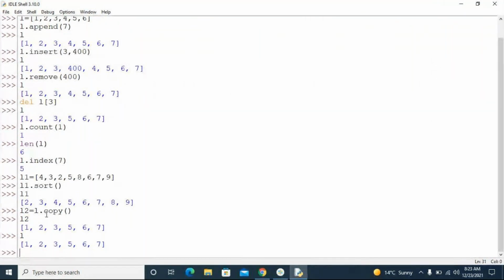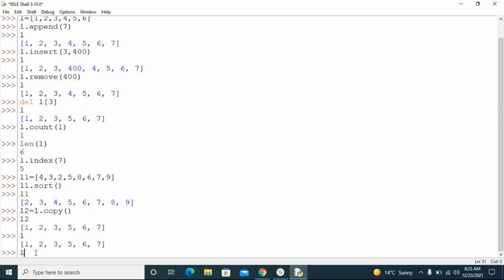So copy is like a replica. We have something called deep copy and shallow copy. I will explain that part later. So here you're going to create a list which is exactly the copy of the other list. Okay. So L dot copy means L2 will be having the same elements as L. Okay. Understood, right?